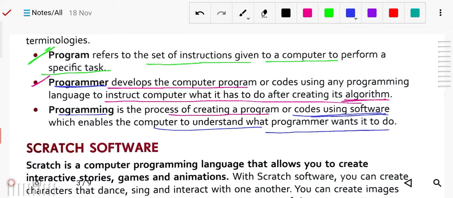First the programmer writes the program, and for writing the program they need programming. So this is about program, programmer and programming.